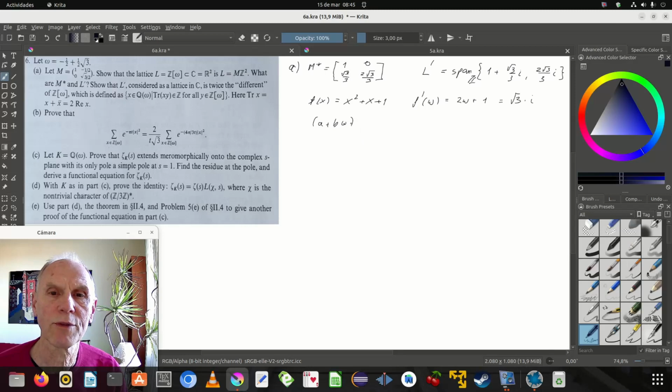The trace of that is 2a. It's the real part, so we have a real part here. It's 2a minus b